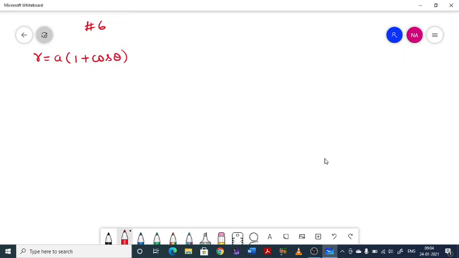That is, we need to find the angle of intersection of the curves r equal to a times of 1 plus cos theta and r square equal to a square cos 2 theta. So this problem is a bit different, not difficulty. The methodology we use is a bit different, so that I am considering this one. The remaining problems are almost similar to the ones we discussed in our previous class. So you can solve those problems easily, no problem with that. So let us consider this one.